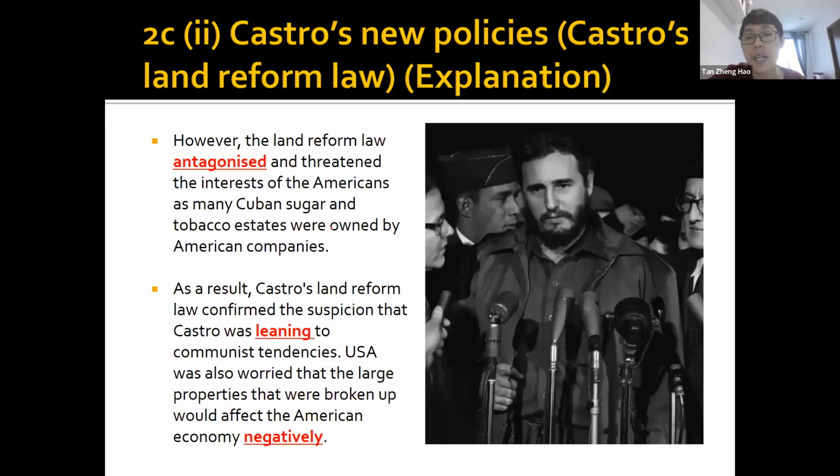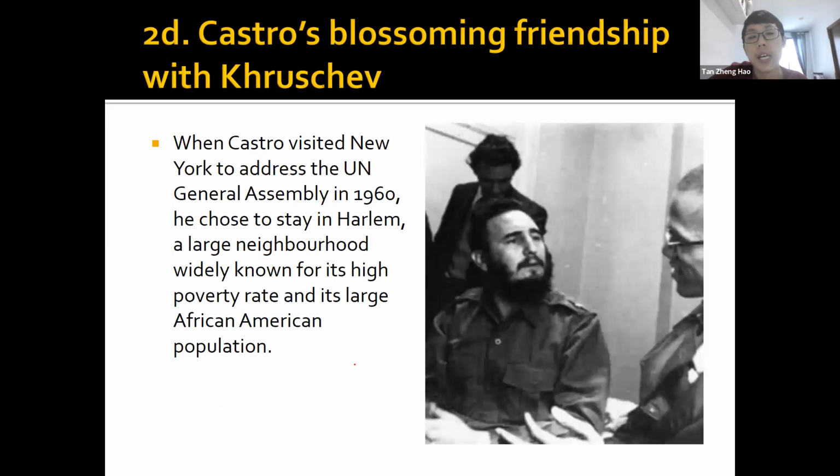Okay, so all this made Americans very angry because they felt that you are threatening my interests. America felt threatened. American businesses felt threatened. Okay, and it will worsen the relationship a lot. Castro started to look communist, like I said. Now, besides Cuba and the US, Castro himself also has a very close relationship to